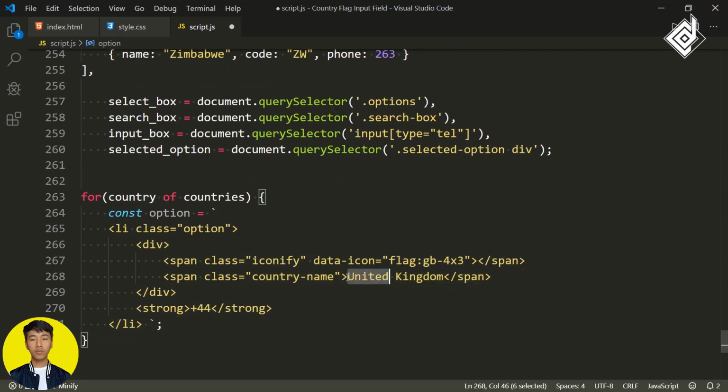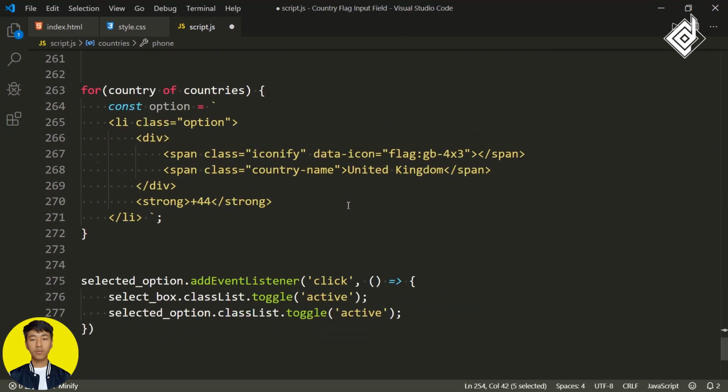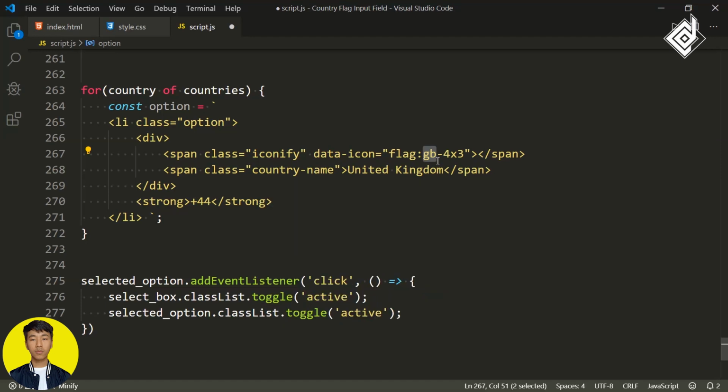As you can see, all this code is static. So let's make it dynamic. We have already used a for loop to iterate all these elements. So now you can take all these object keys. Now you can take the help of that country variable, and for that flag, as you can see, that country code was in uppercase, so we need to change it into lowercase.